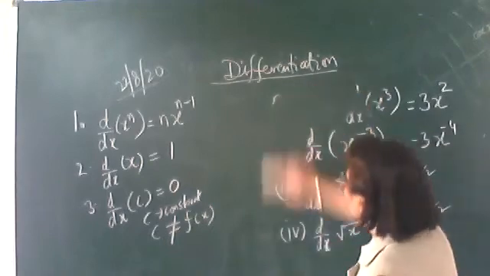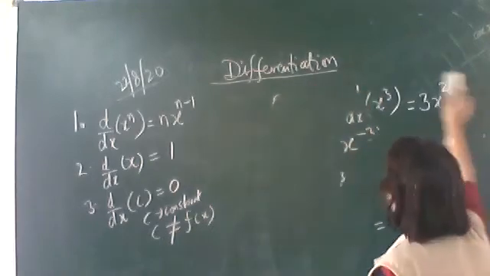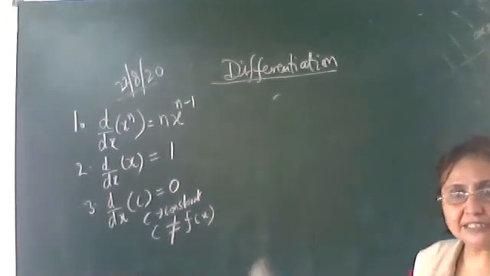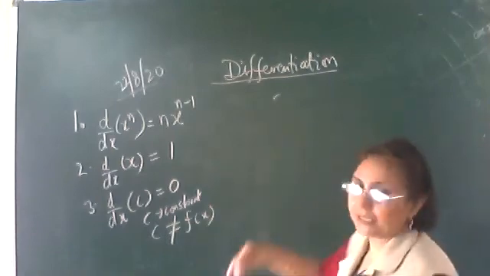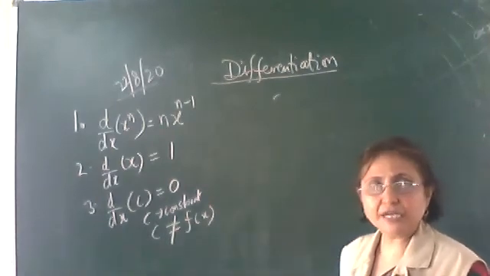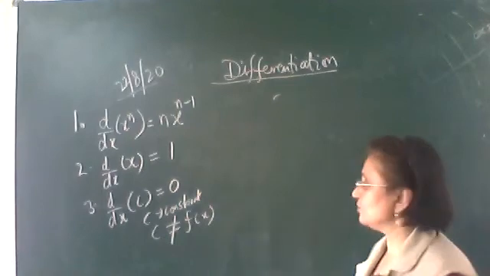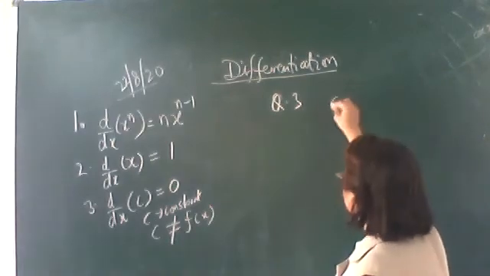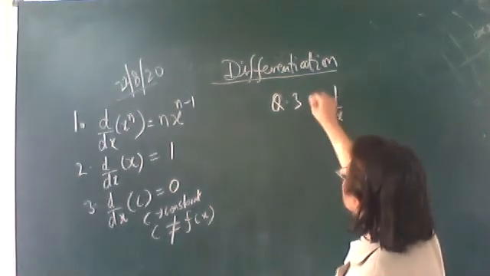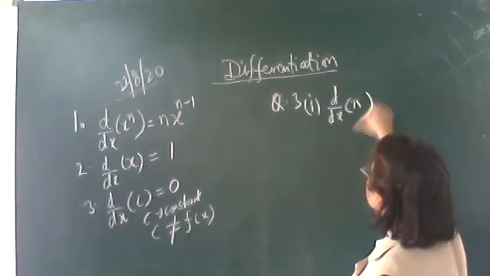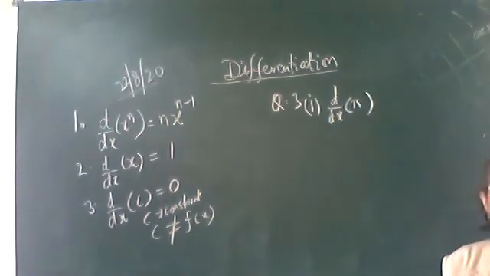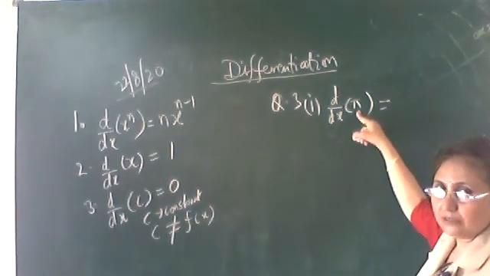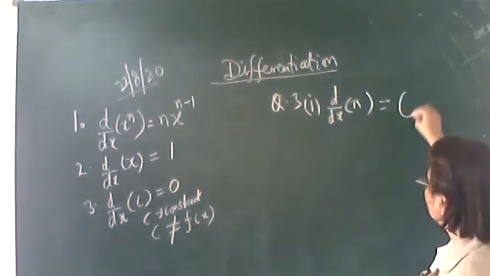Let's do two questions based on this formula. You can write the formulas together and do the questions on some other page, or leaving 15 to 20 lines, so that first you write all the formulas. So based on the third formula, the third question, d by dx of pi. Pi is not a function of x. Pi is just a number, 22 by 7. So as it is constant, what will be its differentiation with respect to x? It is 0.